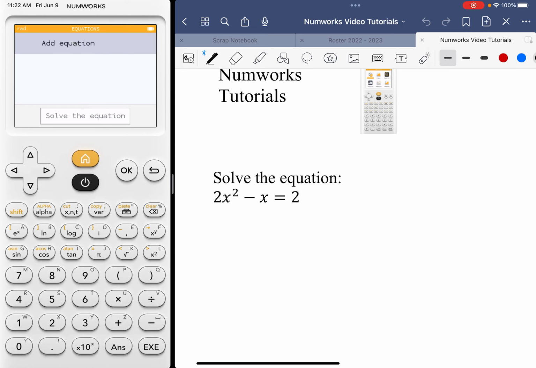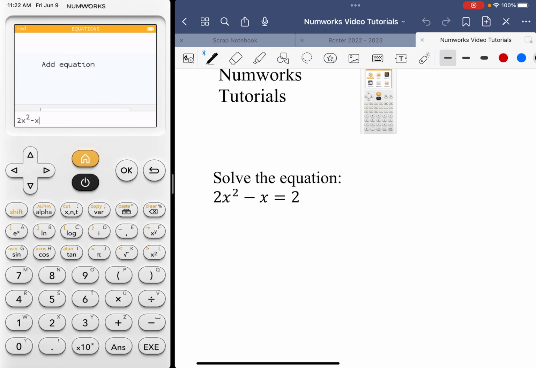Let me get rid of this. So you hit OK or execute on add equation, type it in. You could use one of the templates and modify it if you want, but I'm going to do it from scratch. So you type in 2 and hit the X key, which is right here. Power of 2, minus X